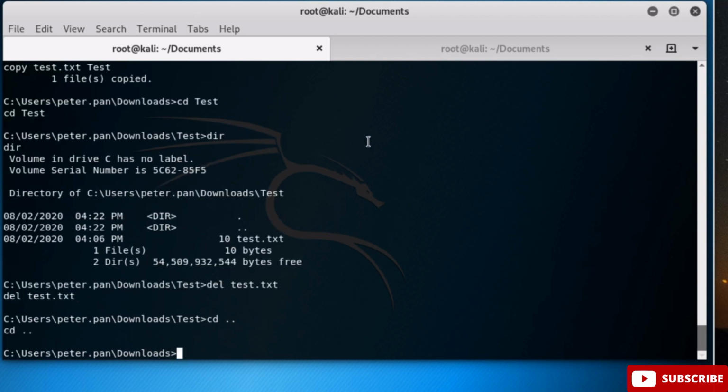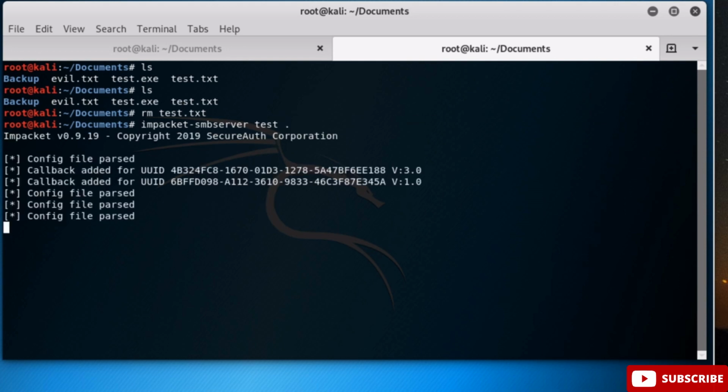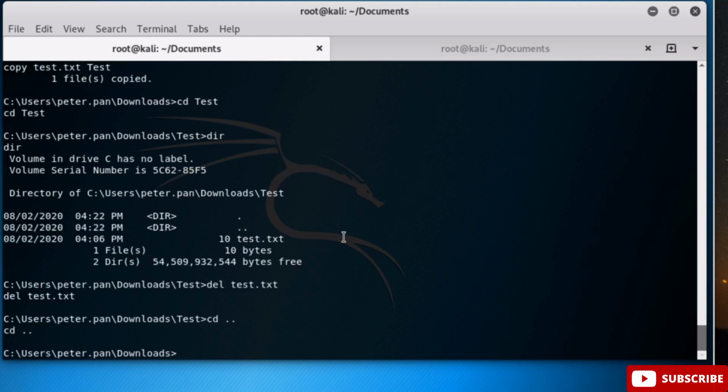Now, let's upload a file. To do this, I'll use Impacket. So I'll do impacket-smbserver. I'll make my share called test, and I'll use this directory I'm in. So I'll upload evil.txt to the system we're on by just copying